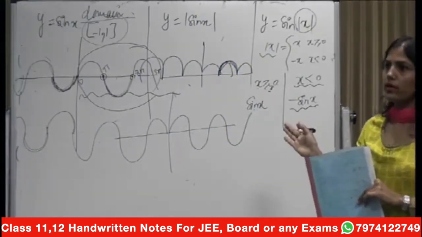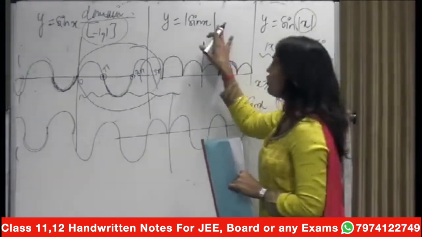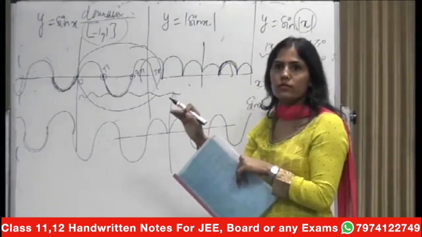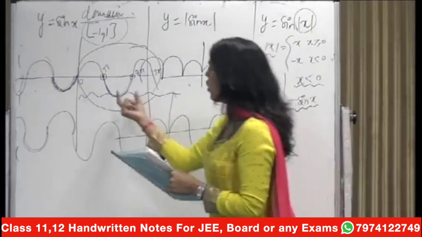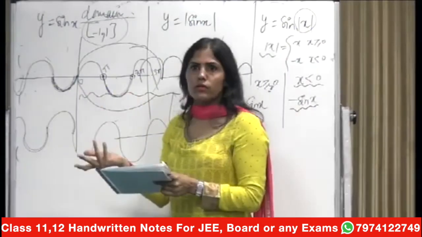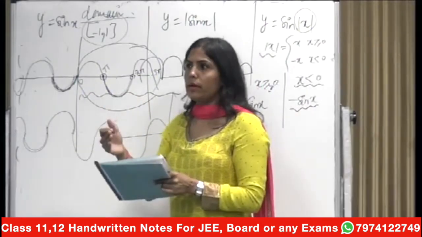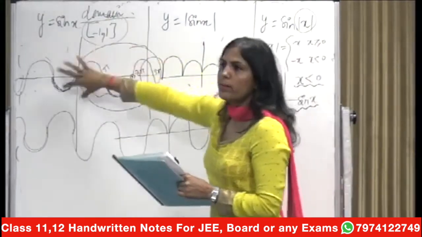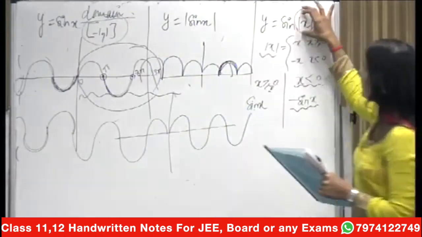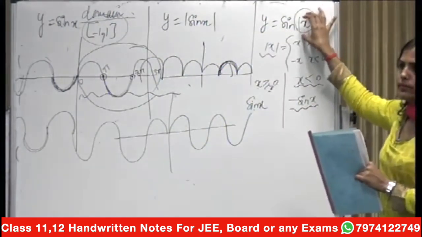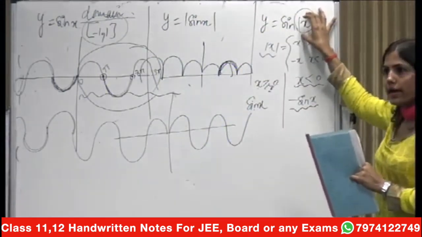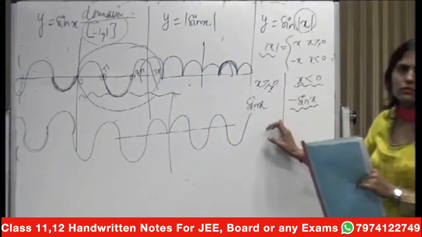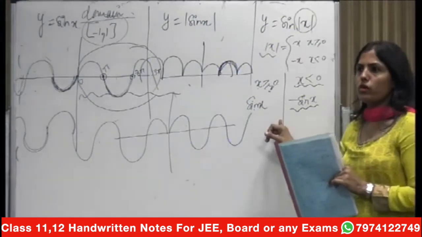Is it okay? Here there was mod on the complete sin x. It means all values become positive. Positive is positive for mod, but negative also becomes positive. So for mod x, all values become positive. But here the problem was that mod was on the angle only. So two cases I considered, because for mod you always take two cases. This is how you can judge your mod function.